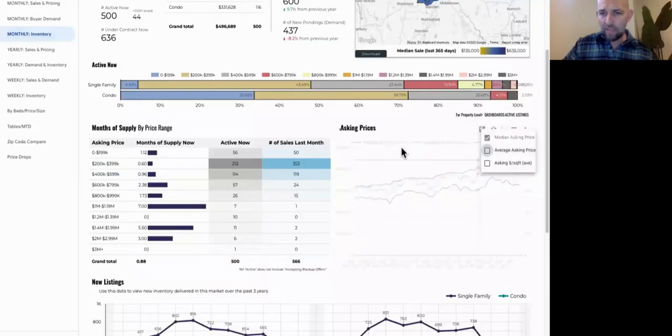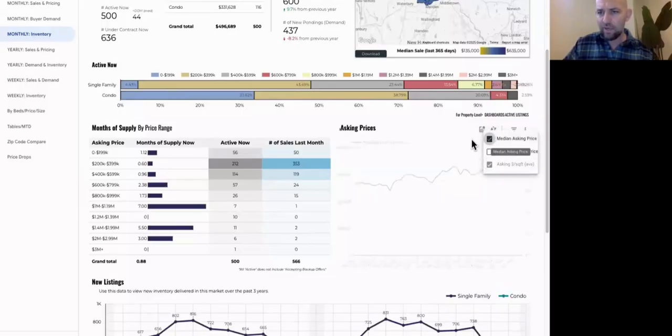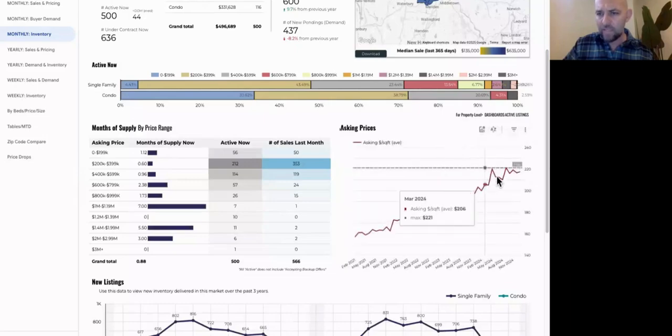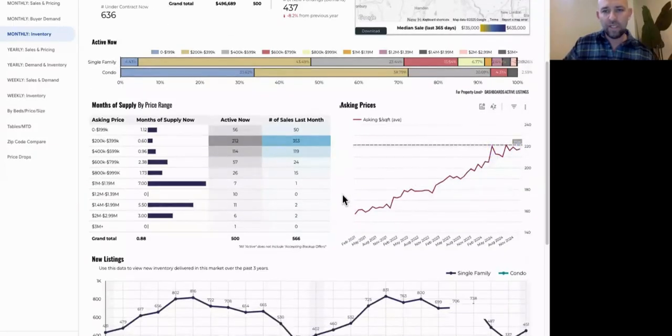What are we seeing with asking prices here? So, we actually topped off here in May. Let me go to average asking price per square foot. I like that one better. It normalizes over all property types. So yeah, you've got the height reached at a max right here in September. So we're sitting in this kind of moment right now where asking prices are the most aggressive that they've ever been.